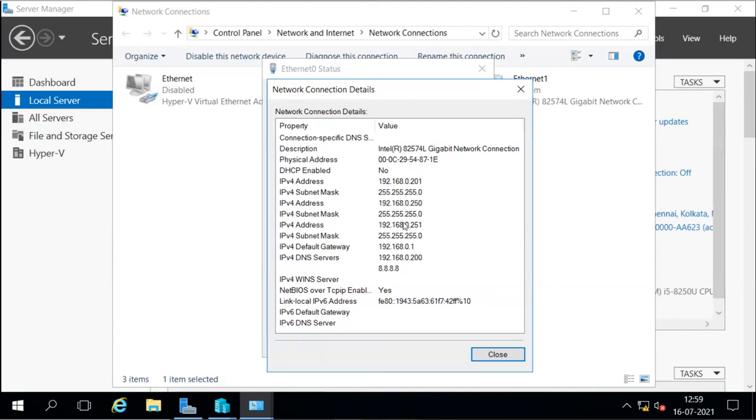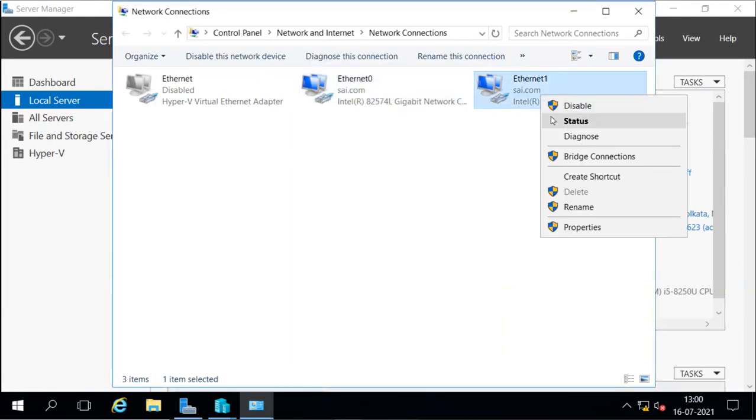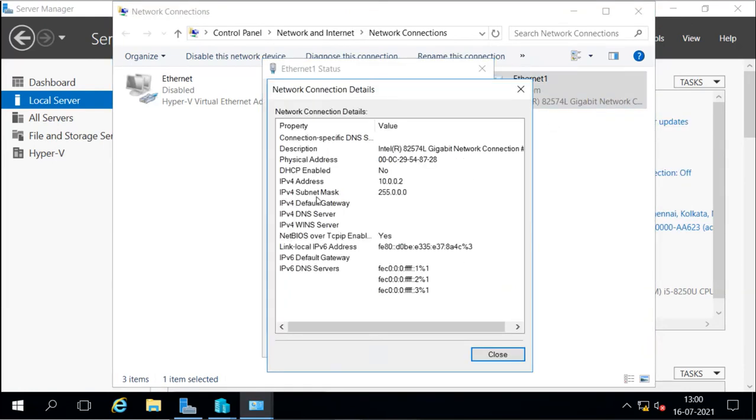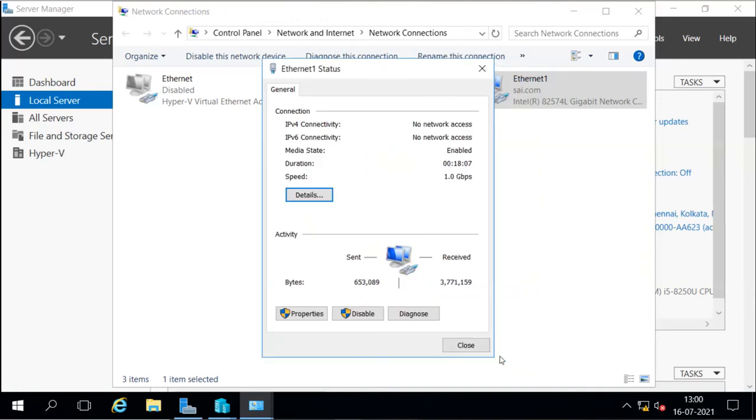Those multiple IPs are coming from the cluster, because we have configured some roles on the cluster, and those cluster roles have different IP addresses. So this is what we are going to use for the cluster, and the other one is for the data storage, which has the name with this 2. So I say okay.